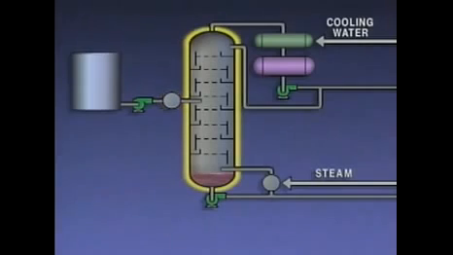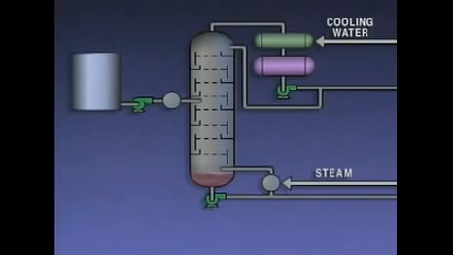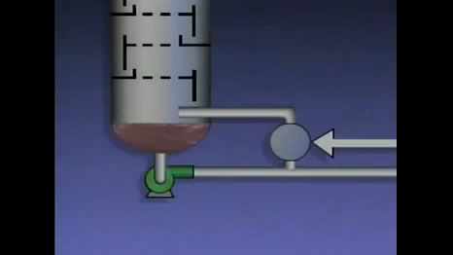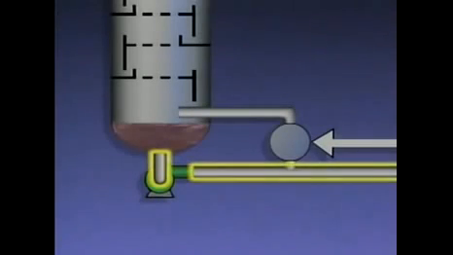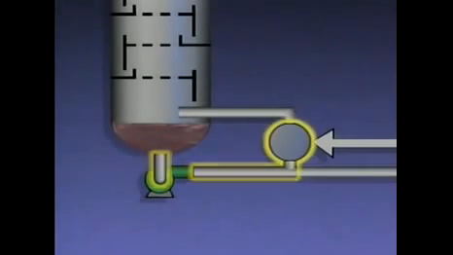The pressure in the tower is lower than the pressure in the preheater. So when the feed enters the tower, it starts to boil. The vapors from the boiling liquid, which primarily contain the lighter components in the feed, rise in the tower. The remaining liquid, which consists primarily of the heavier components in the feed, moves down the tower and collects at the bottom. Some of this liquid is drawn off as the bottom's product, and some of it's routed to a